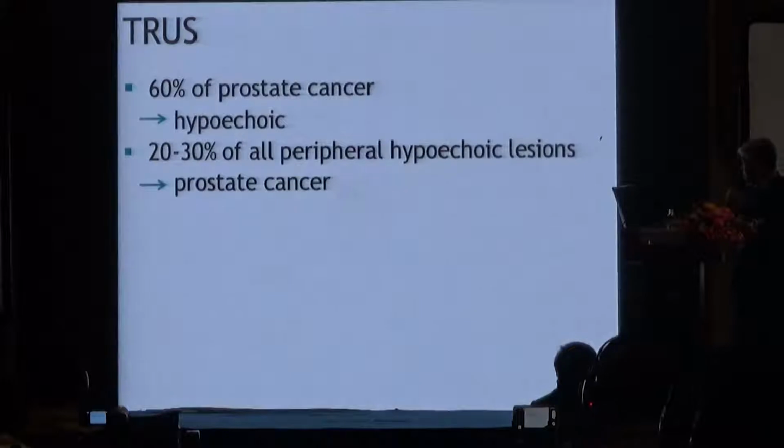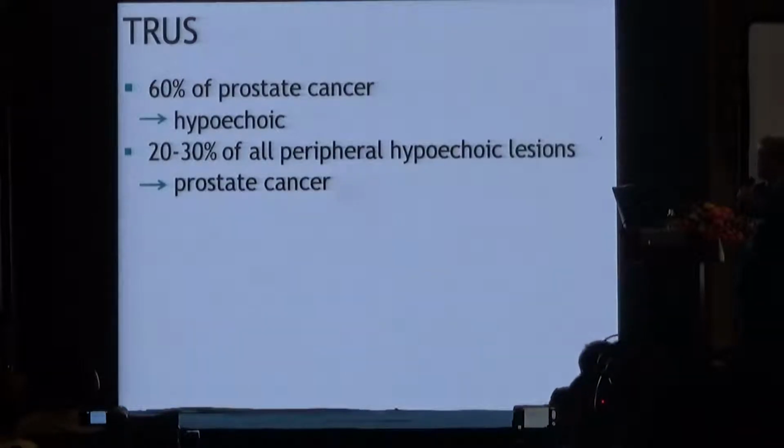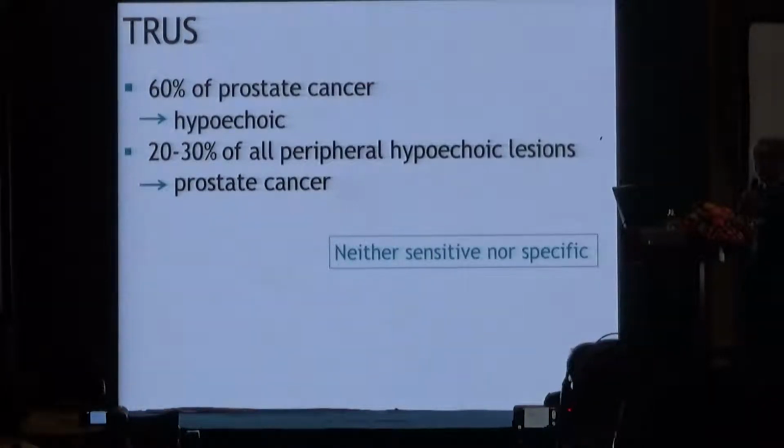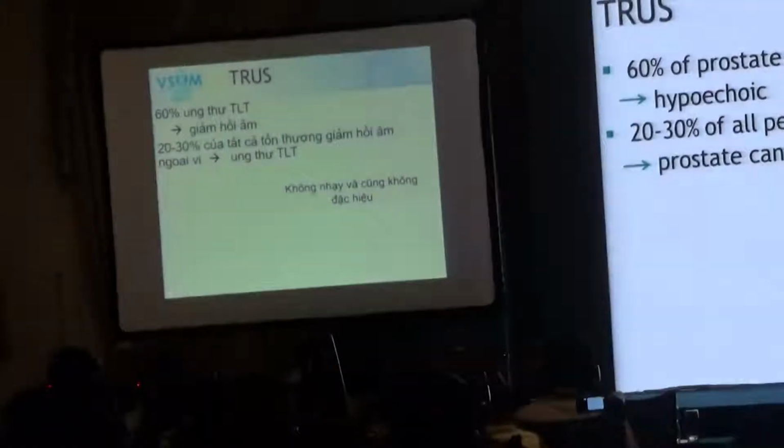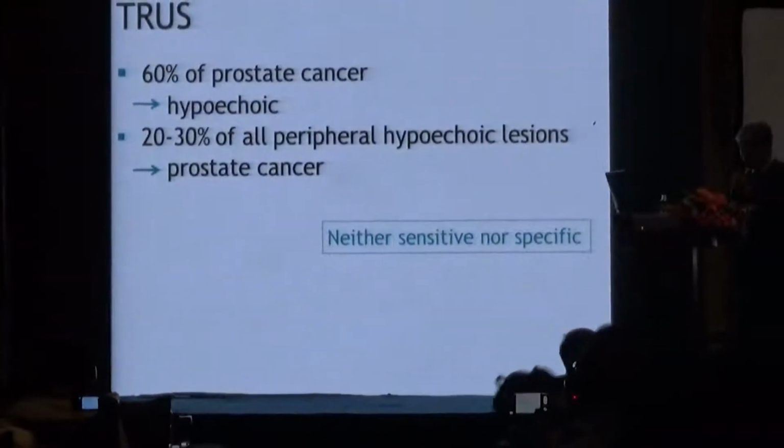The problem of transrectal ultrasound in making a diagnosis of prostate cancer is that only 60% of all prostate cancers have this hypoechoic appearance. In other words, the other 40% are not hypoechoic; maybe isoechoic, the same echogenicity, or even hyperechoic. And the other problem is that only 20 to 30% of all peripheral hypoechoic lesions are prostate cancer. So it means that this finding of a hypoechoic peripheral lesion is neither sensitive nor specific for prostate cancer